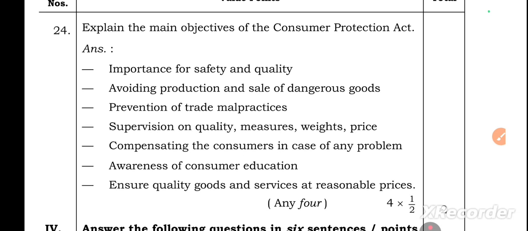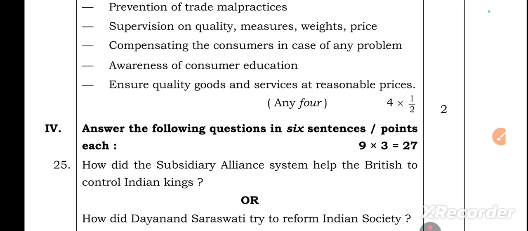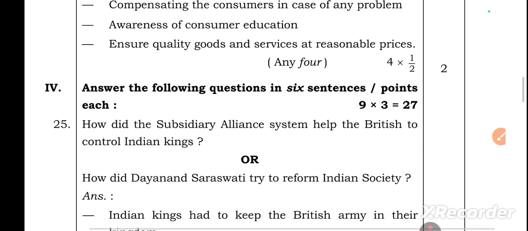Question number 24. Explain the main objectives of the Consumer Protection Act. It's also an important question. Importance for safety and quality, avoiding production and sale of dangerous goods, prevention of trade malpractices, supervision on quality measures, weights, prices, compensating the consumers in case of any problem, awareness of consumer education, ensure quality goods and services at reasonable